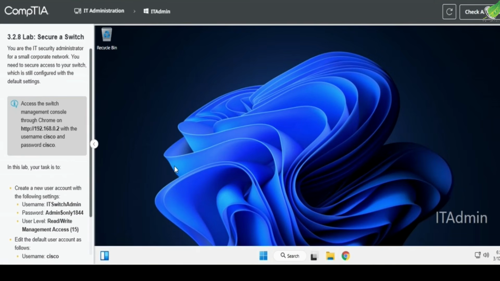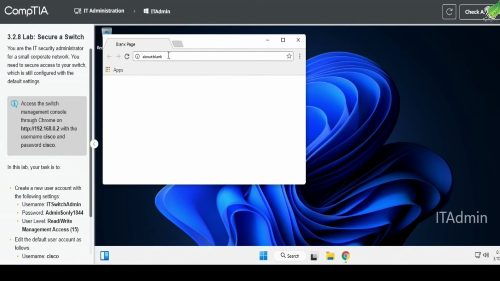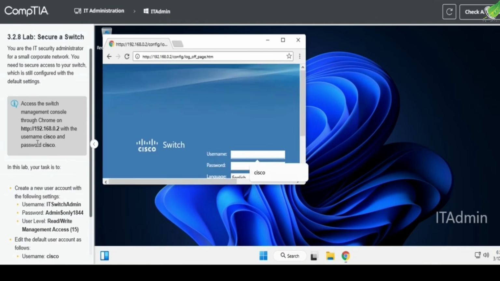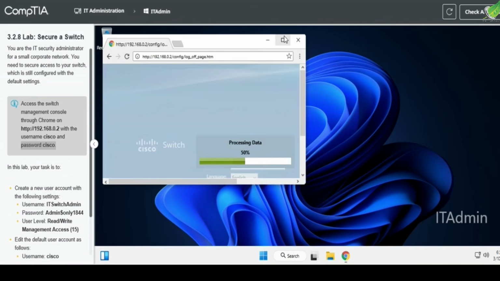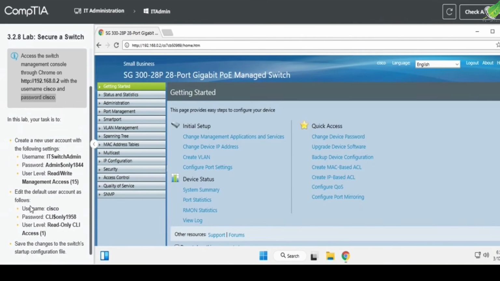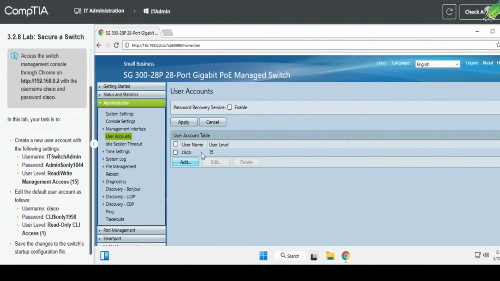Alright, so we are inside the lab and we open Chrome and type in 192.168.0.2 and let's see what we have. Cisco, I put the password and let's maximize this so that you see better and create a user account with the following details. So we'll go to administrator, user account, add,